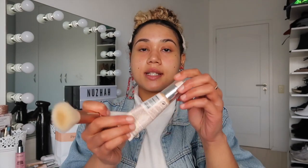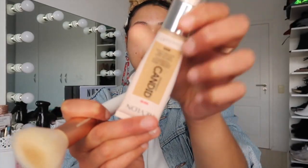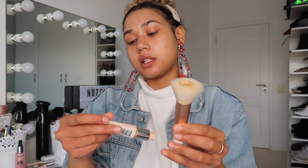So as you can see, this is the package for the foundation. It has a little cap, it has a little nozzle where you can kind of just press it out. And I'm just going to press some onto this little brush. This is from Switch Beauty, and I'm in the shade 400 in this Photo Ready foundation. I'm just gonna put it all over my skin. You can actually see it's a beautiful...